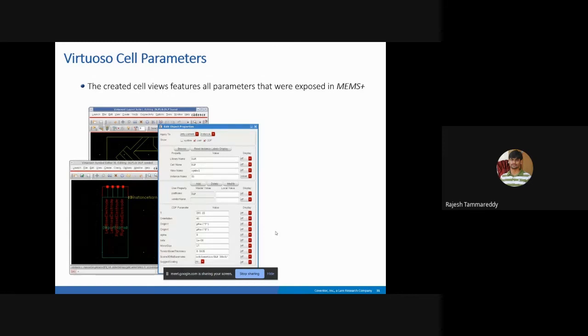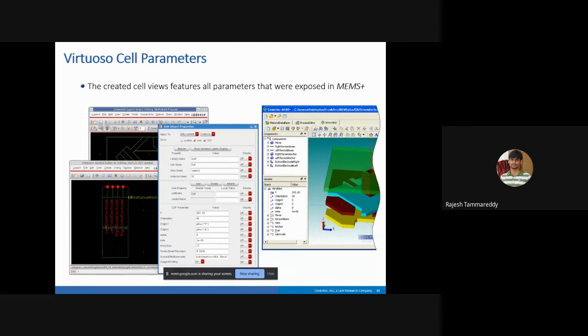Next, similar to what you see in the Simulink environment, right? If you want to change a variable, I explained to you about the expose option. When you expose, similarly, whatever things you need are available here in Cadence also. Next. Yeah, next. You can see all these variables that are exposed in the MEMS Plus software are accessible in the Cadence environment. So for all these modifications, I need not go back always. I can do it directly in the Cadence environment itself. That behavior is similar to what you see in Simulink.